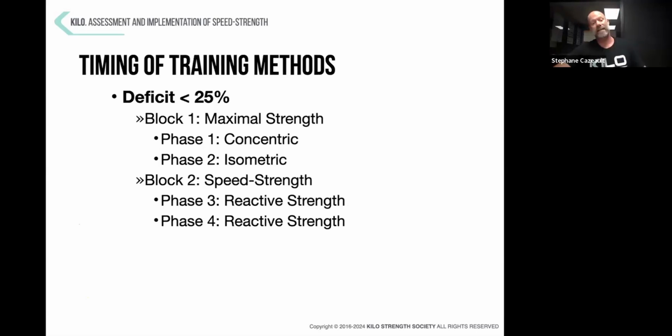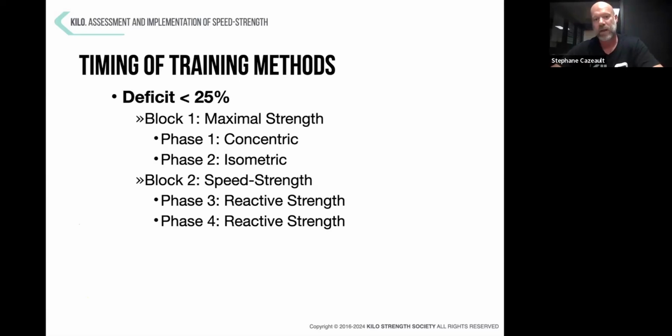Now, if your deficit is less than 25%, which means that the focus needs to be on reactive strength, now your maximal strength block will be a little different. Phase 1 will be concentric dominant, but now phase 2 will be isometric dominant. If reactive strength is your weakness, which requires the highest amount of velocity, you cannot afford to do eccentric work in phase 2 because eccentric work is too draining, not only from a neural perspective, but also from a physiological perspective,